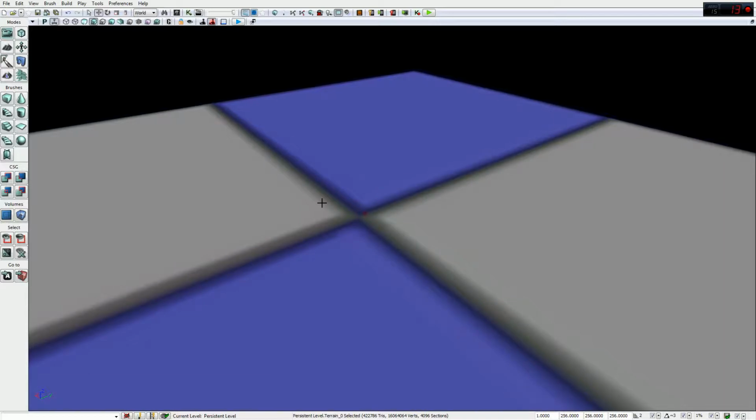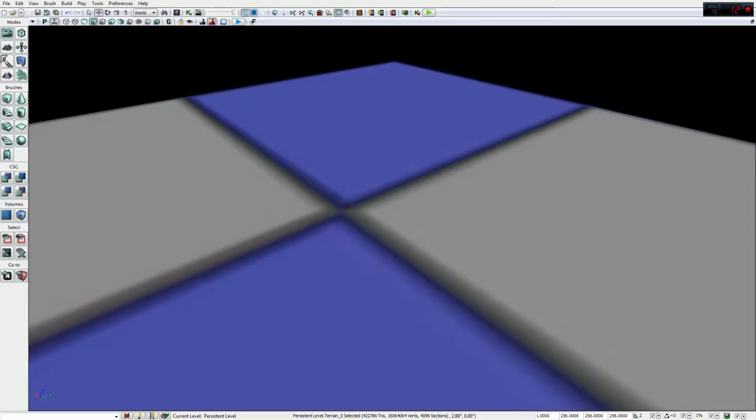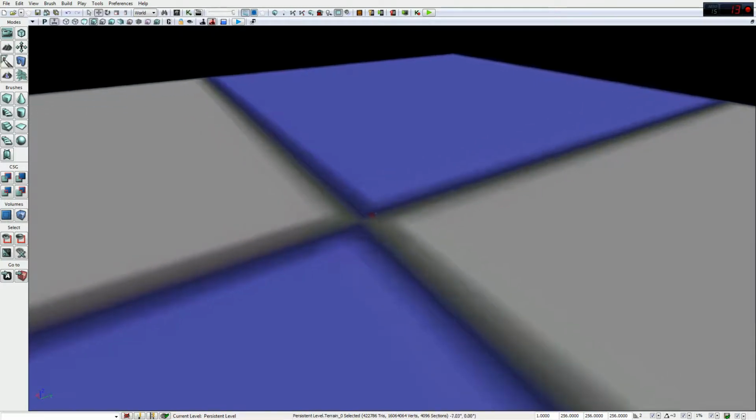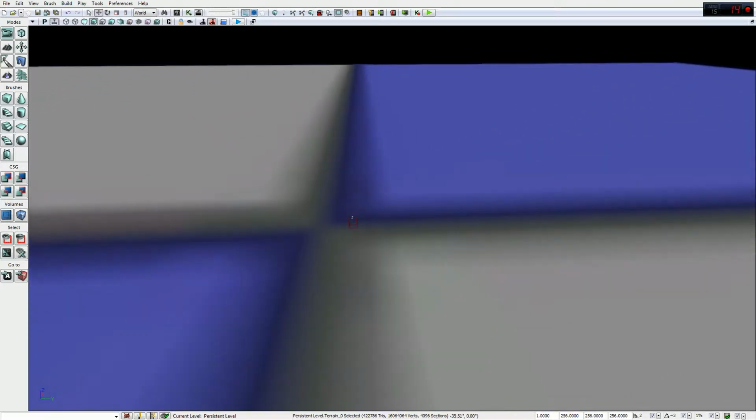You know, but I don't know. You can try it and see. But anyway. Alright, now the next thing before we really start messing with the terrain here is go ahead and add